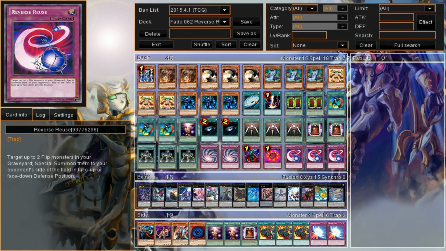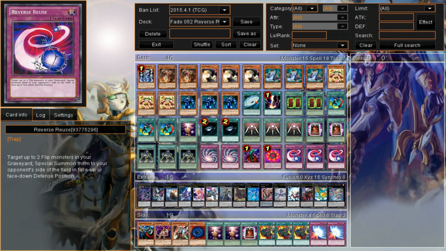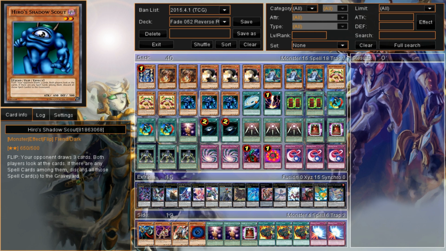Okay, so the theme for this deck is to use the card Reverse Reuse, where it allows you to special summon 2 flip type monsters. Is that what they're called? Yeah, flip monsters from your graveyard to your opponent's side of the field. So the whole thing with this is to give your opponent monsters with really crappy flip effects, like Hero